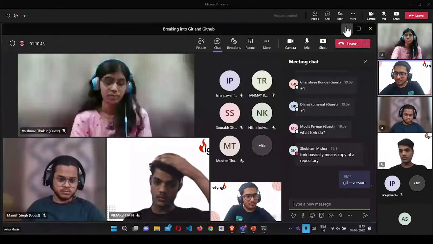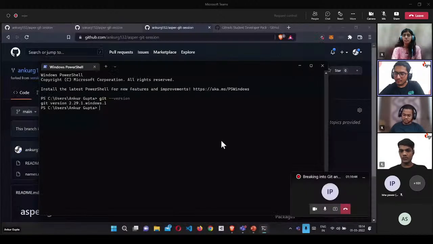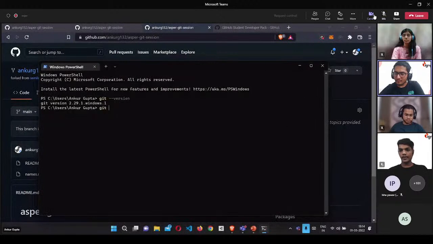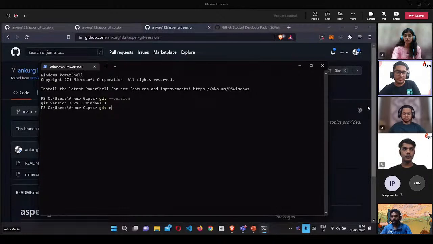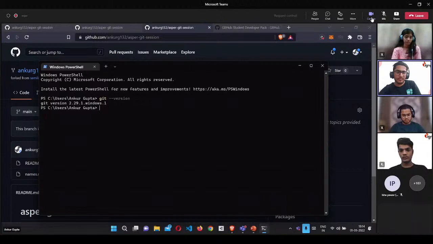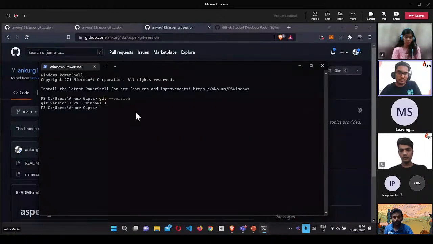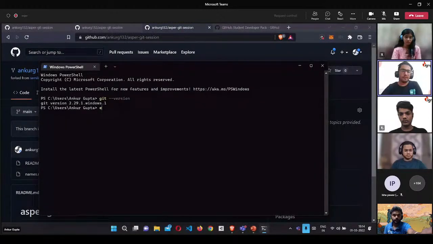And then what you all should do is write git clone. Oh, first of all, you should go to any directory of your choice. In my case, by default, it's C users and Ankur Gupta. If you're familiar with command prompt, to go to any of the directory, you just need to write E or any hard disk name that you have, and you can do so, or you can just not do any of it, and that will also do.